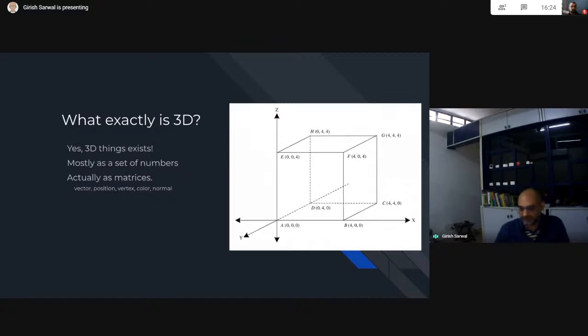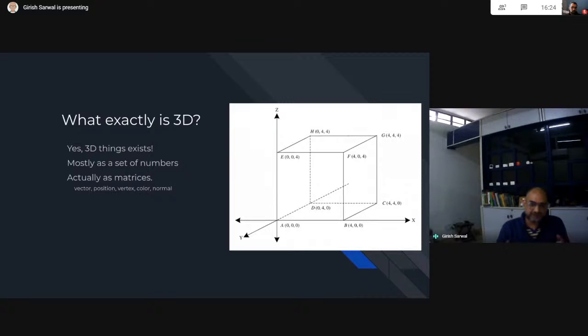I mean, memory is not 3D. Memory is typically 1D. So memory is just a contiguous array, a contiguous array of bytes. So how does 3D come into the picture? Essentially, everything that we talk about, when we talk about a model in 3D, when we talk about seeing things in 3D,